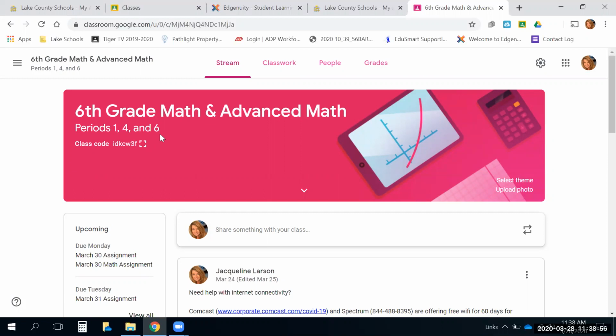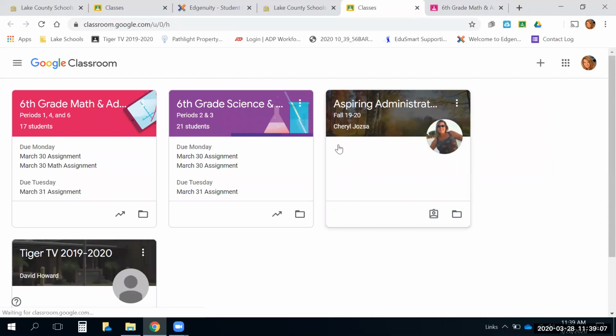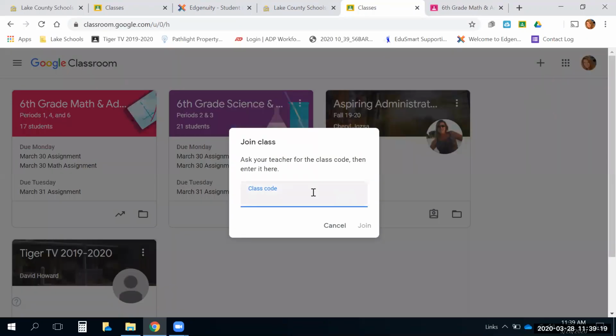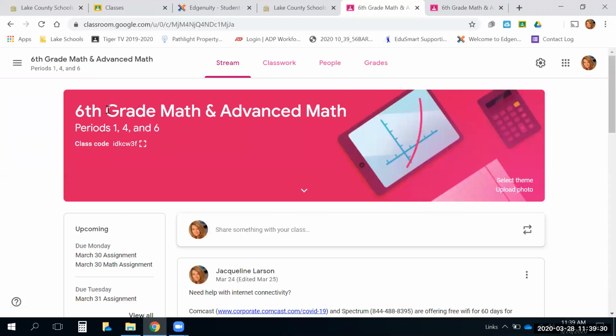If you are trying to add the Google Classroom, I forgot to show you how to do that. Let's back up. If you are logging into the Google Classroom and you have not yet joined the math class or the science class, what you want to do is click on this plus sign in the top right-hand corner of your screen. And when you click on it, you choose Join a Class. And immediately it's going to say, ask your teacher for the class code. Okay, so the class codes, I'm going to include them in the email that this video comes with. But the class code, if you're asking to join the math class, is this right here,